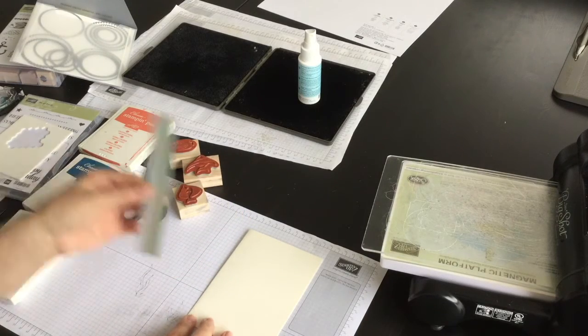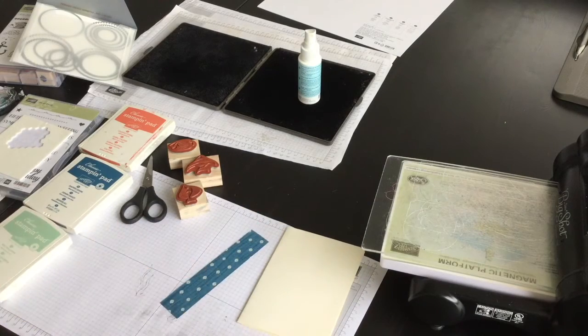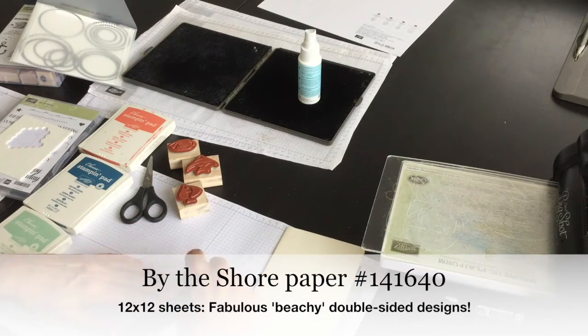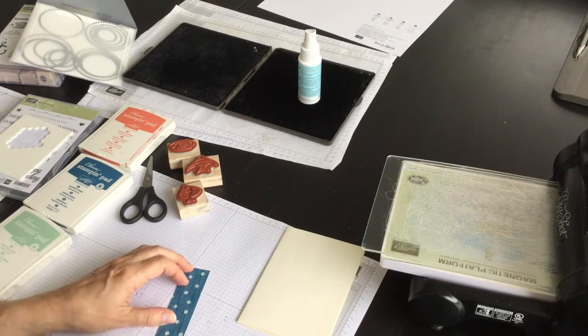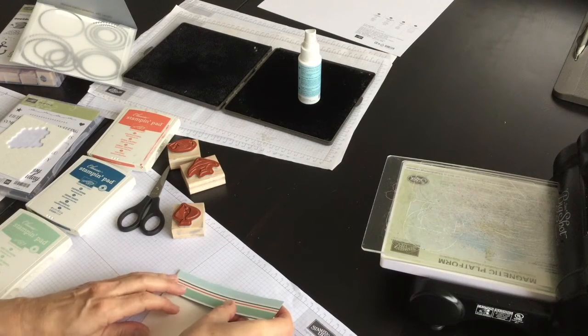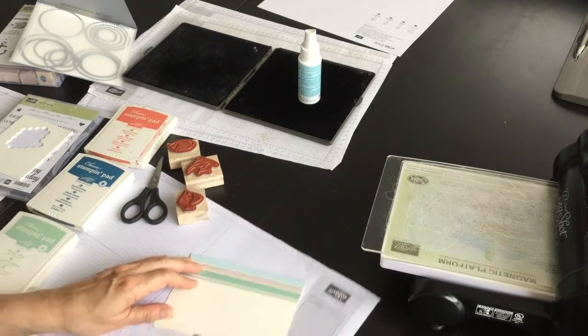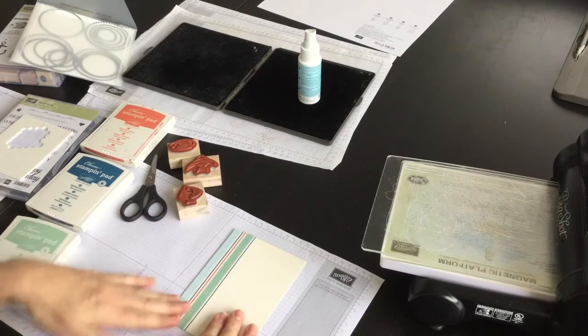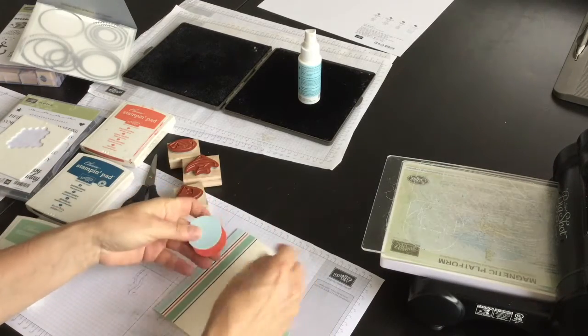And to that, I'm going to add a strip of By the Shore Designer Series paper. I love this paper. It's fun for beach holiday photos or masculine greeting cards or just fun birthday cards like we're going to make here. All right, and now what I'm going to do is bring back in these 4 circles